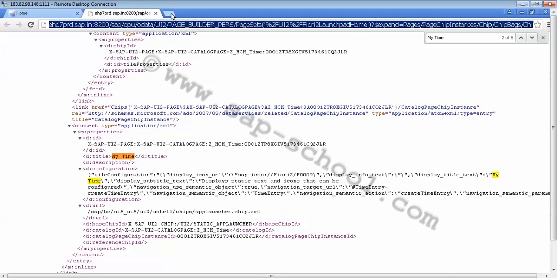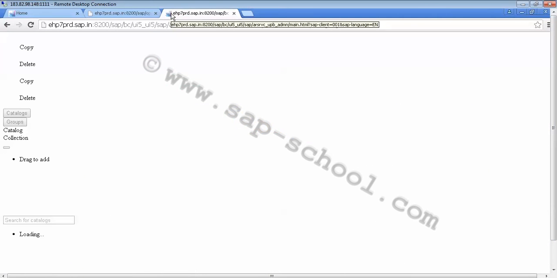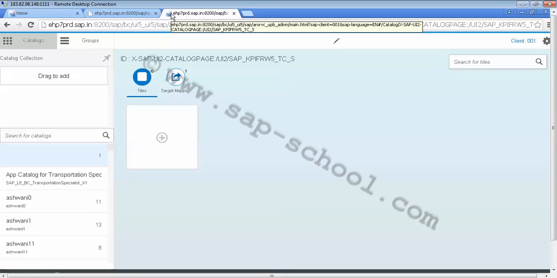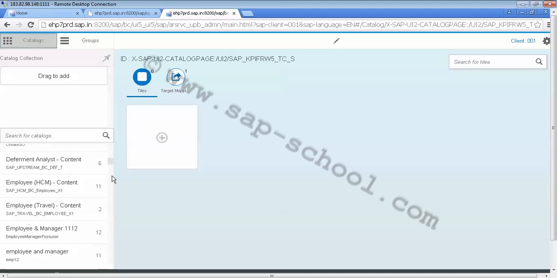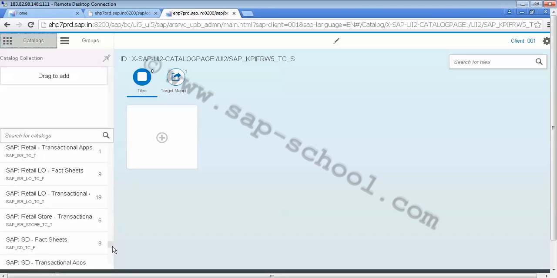Now let's open a new tab and paste this URL. Once done, we have to make sure that we are on this catalog tab. Now we just have to search for the catalog which we have created for MyTime.